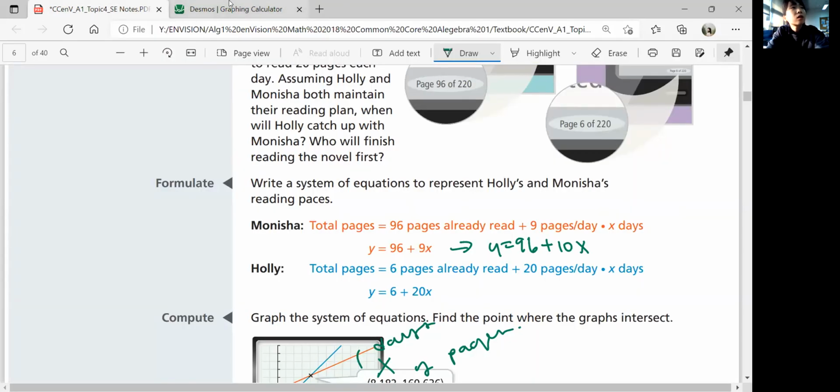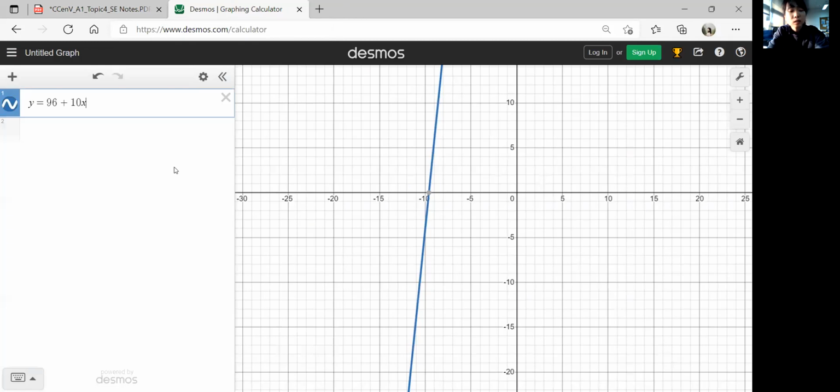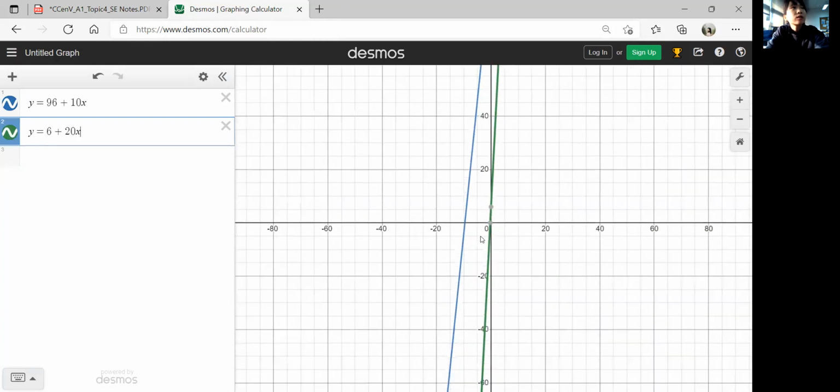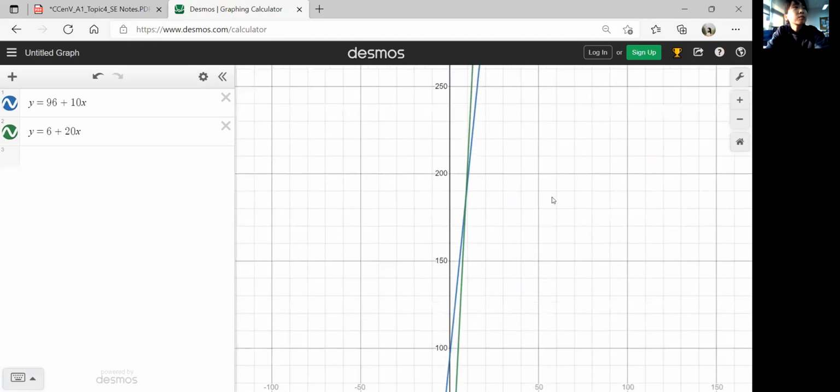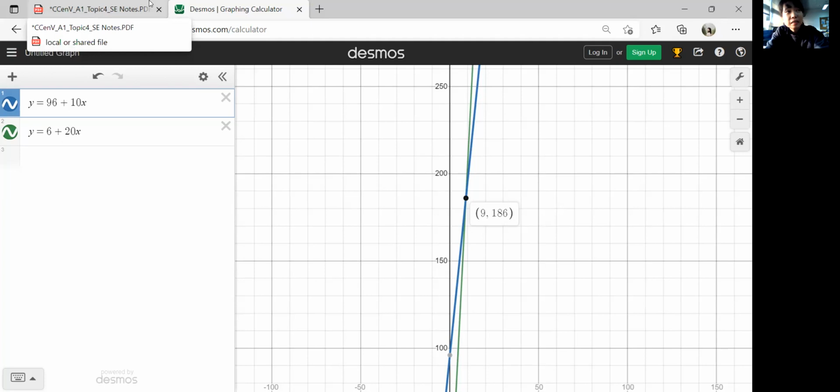And then Holly was starting from 6 plus 20 pages per day. Okay, do you see that? And they will have an intersecting point right here, 9, 186. So after exactly 9 days, they will have both read 186 pages, and that's when Holly catches